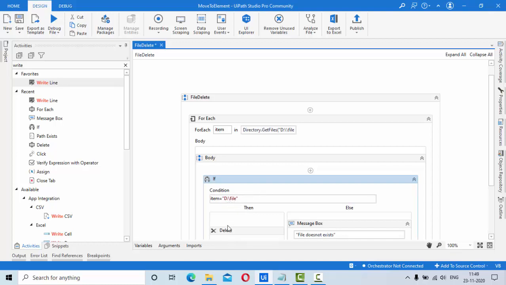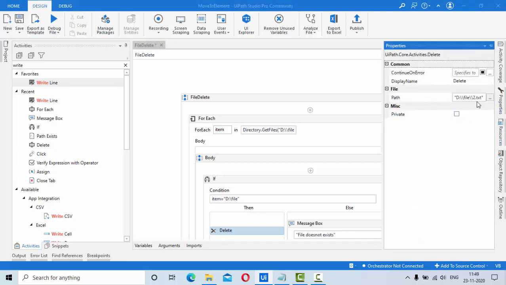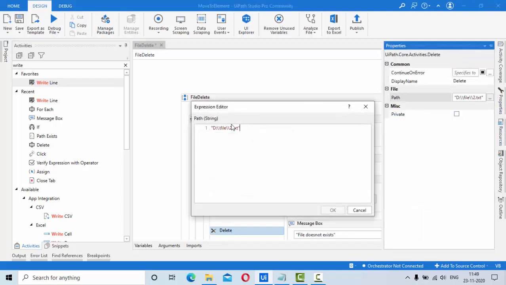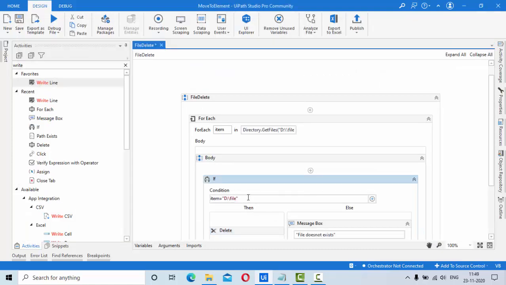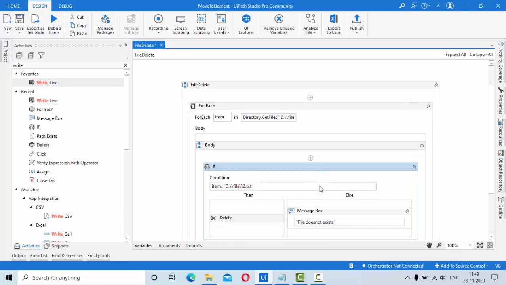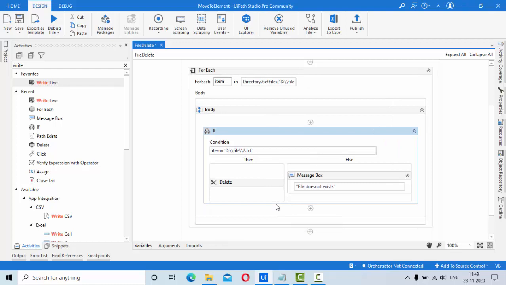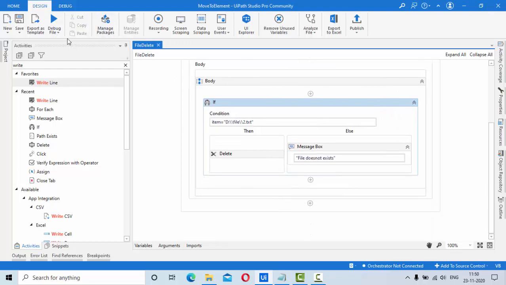So I'm checking one file which is available here. Then I'm deleting that. Okay, so that should work fine.